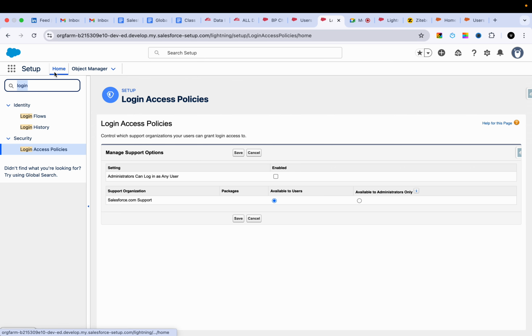So here, if you go to Setup, just search for Login Access Policies, go to Login Access Policies, and just enable this option, so that an administrator can log in as any user. Yes. When I refresh this page, you will see the login button. Why do we need this login button? When I click on this login,